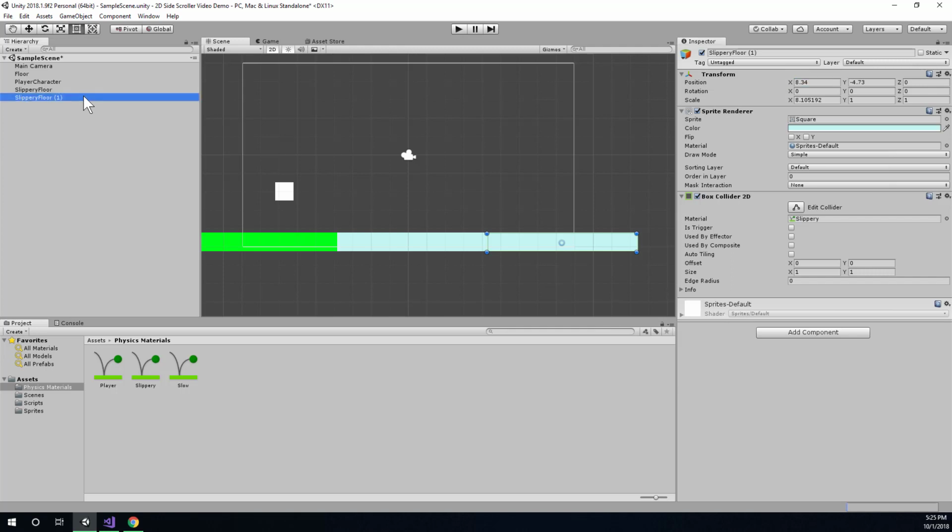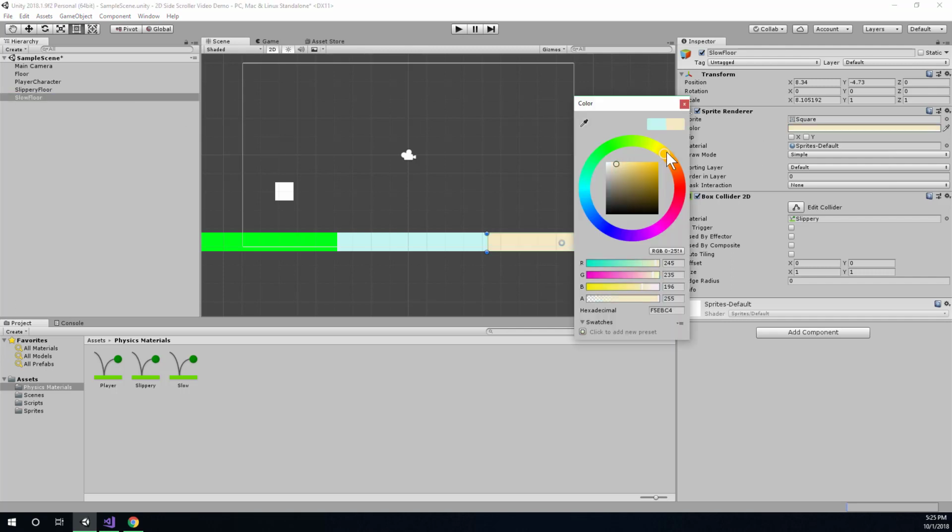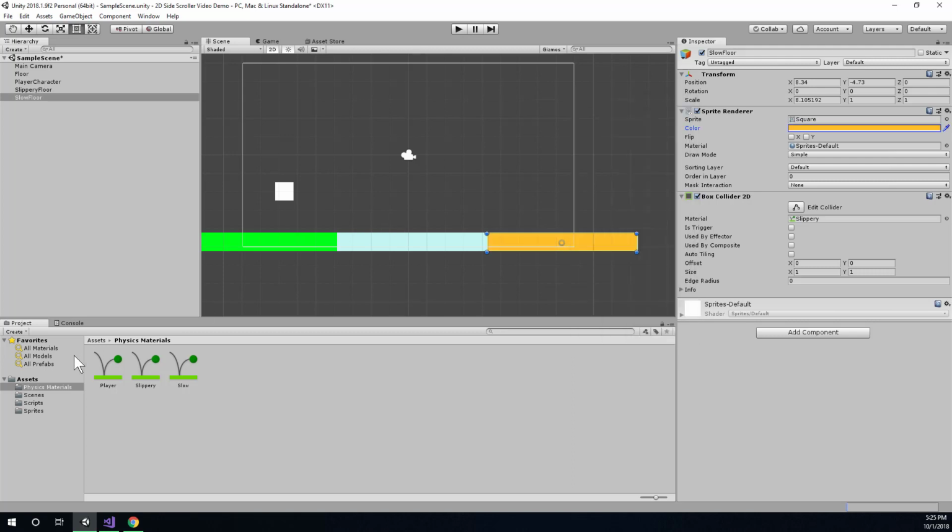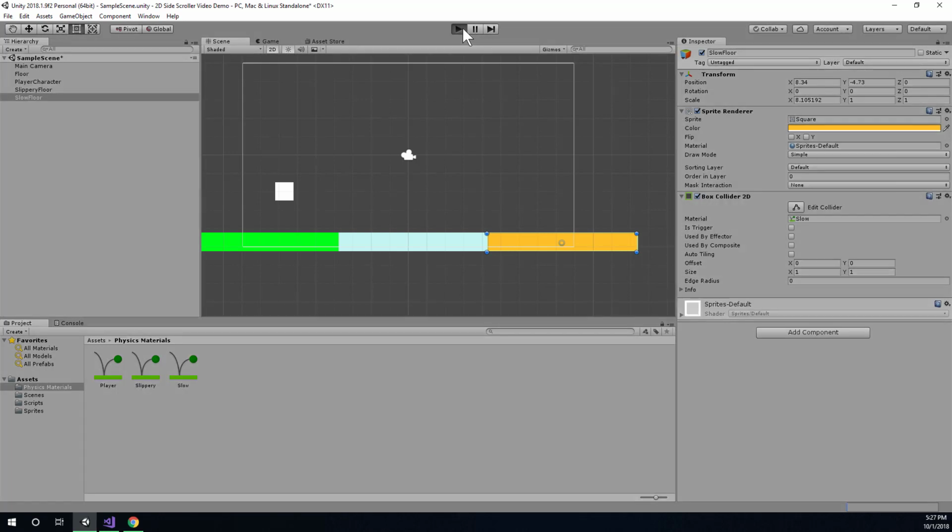I'm going to rename this one slow floor, and I'm going to change the color to an orangish yellow. And we will put our slow physics material on this one. And we'll just run the game and see what happens. So if we run the game,